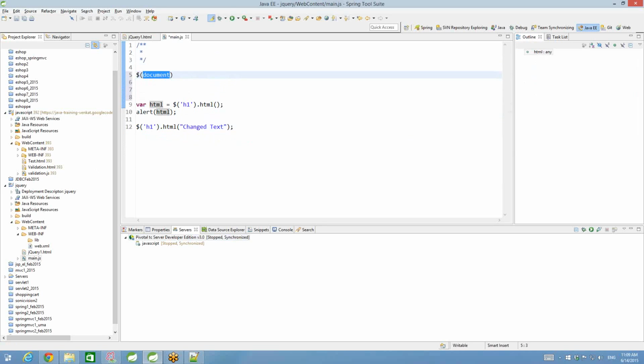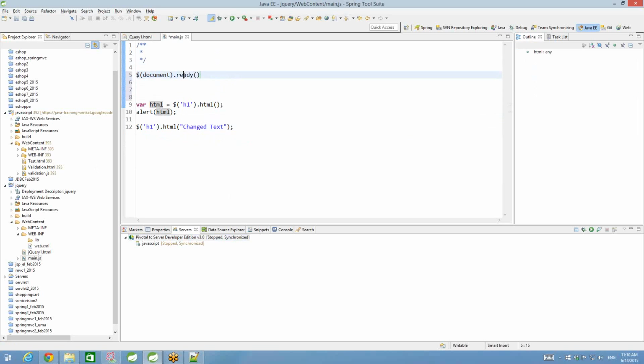This is a document element, okay? So here you have an event handler. You are saying that there is an event called ready. So this is your JavaScript and this is your selector, which is document, and when document is ready,